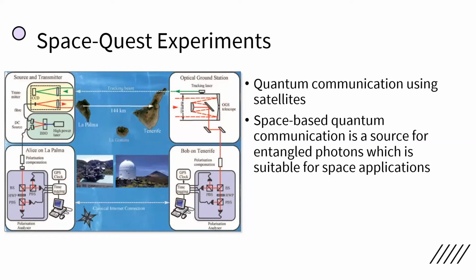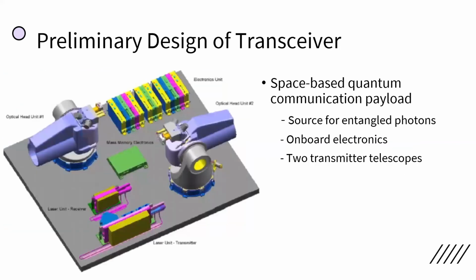suitable for space applications. Another experiment that is done is a preliminary design of a transceiver, which they call a space-based quantum communication payload, which involves the source for entangled photons, which has onboard electronics, as well as two transmitter telescopes. The way that it works is that the two entangled photons are transmitted to two distinct ground stations via downlink, allowing for a test of entanglement, as well as generating a secure quantum key, which means that